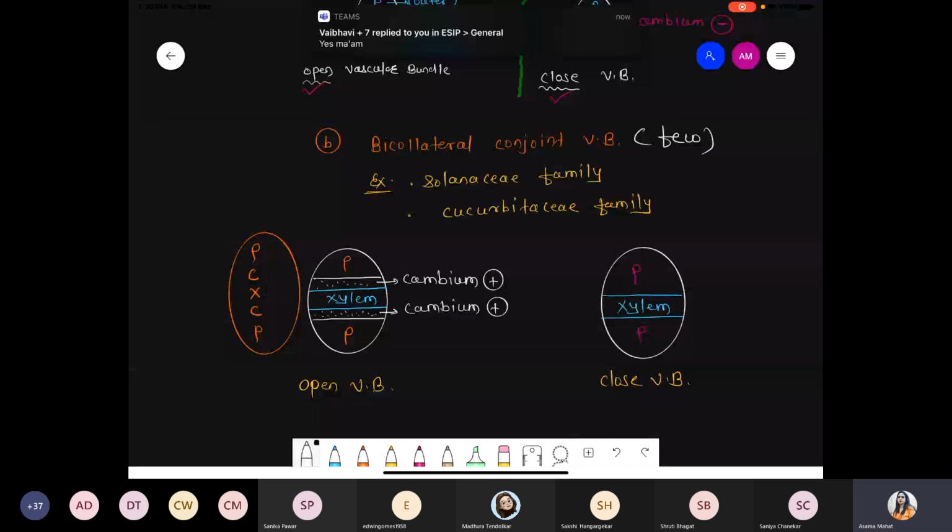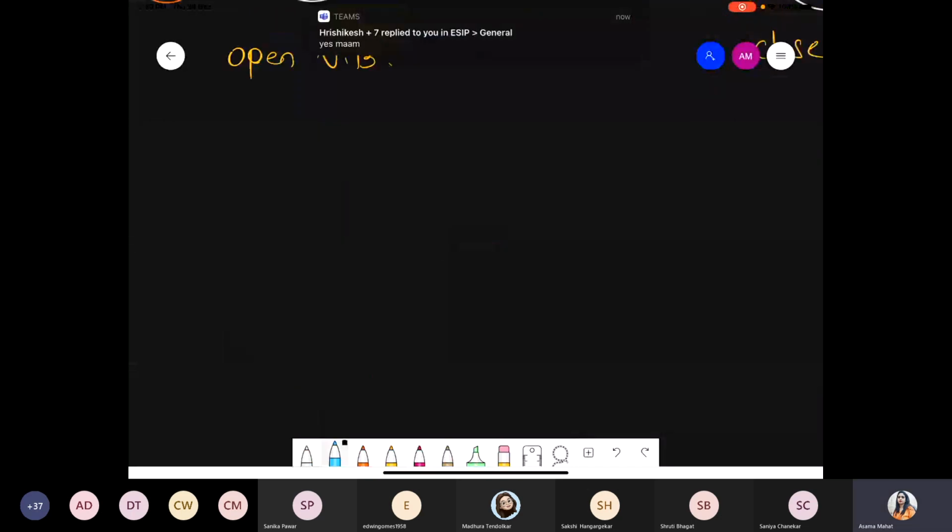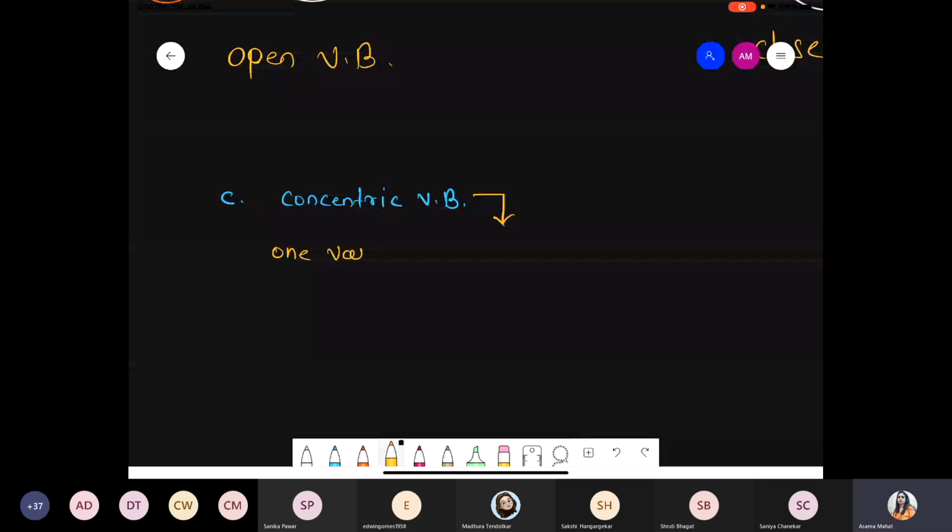Okay, Ram. Chalo. Now last point, concentric. Third one, C. Last type, concentric vascular bundle. नाम से पता चल रहा है, concentric means what? One vascular tissue is present at the center, and the another one which is present surrounded by it. So concentric vascular bundle is nothing but one vascular tissue, xylem or phloem, present at the center, at the core,